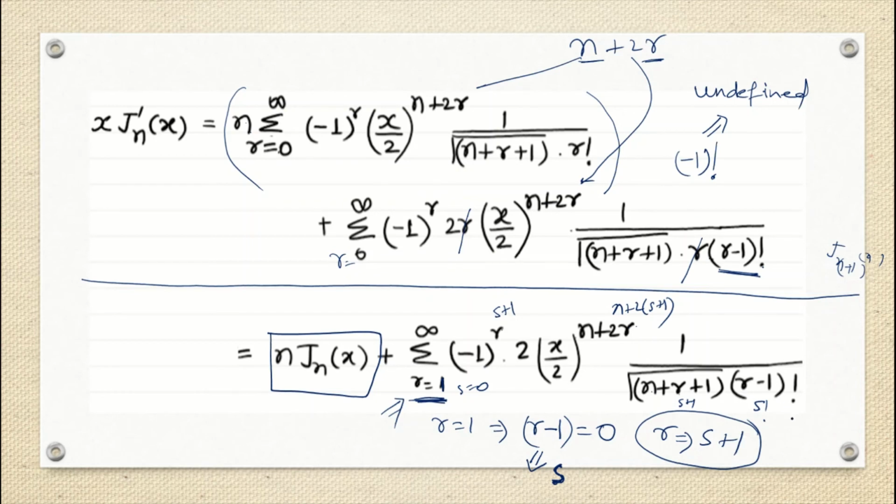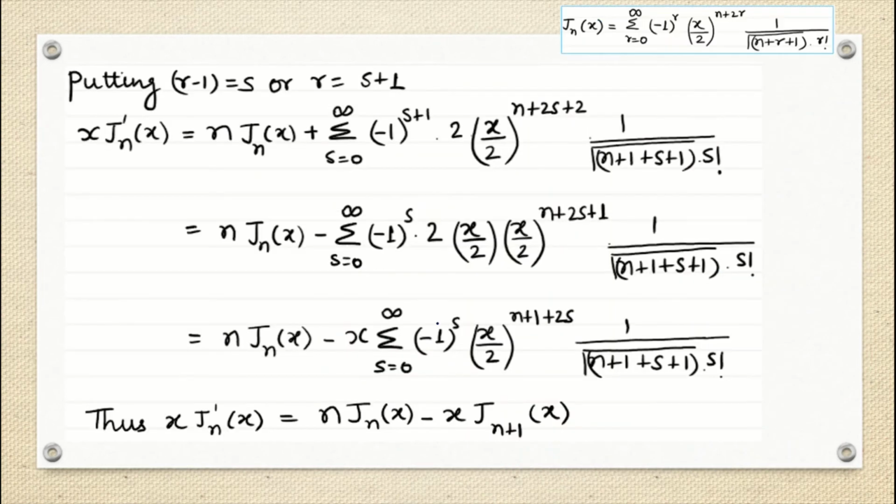The factorial is also starting with 0, it is not starting with negative, and the series is also starting with 0 as per my Bessel function formula. So the same thing we have written here, correct? So this is done. Now what we are doing, so 0 to infinity, and the same arrangement we have done here, right?